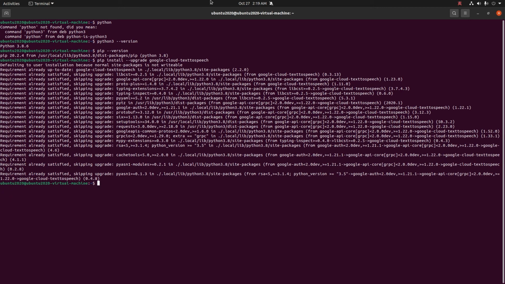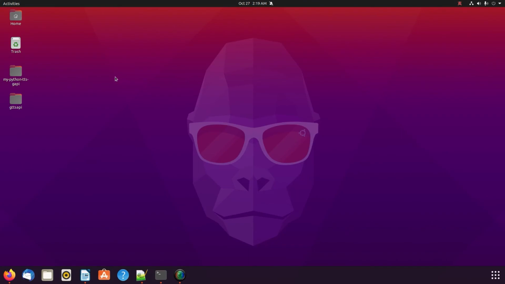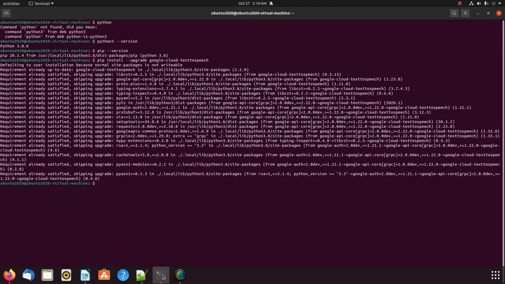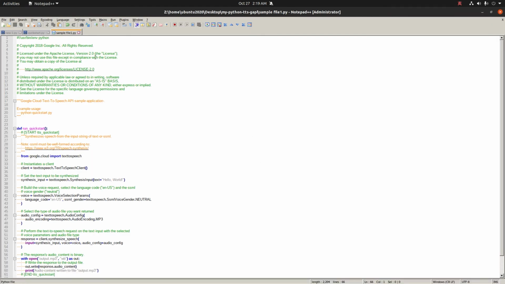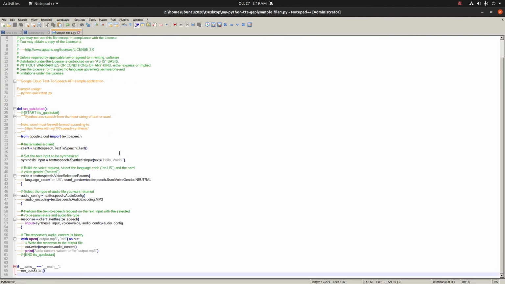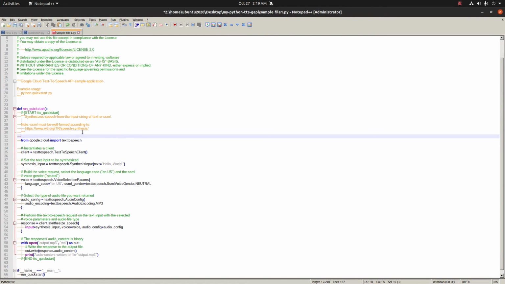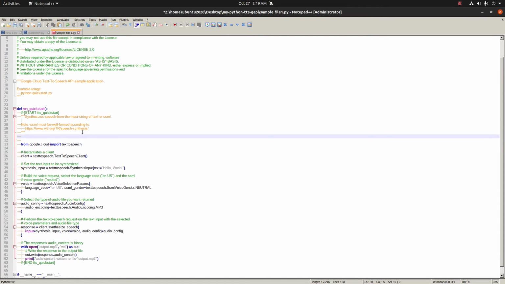So next, we have to run the script. Before that, go to the notepad. Now this is the sample file we copied from GitHub. In this one, you can see above that we have to add 2 lines.